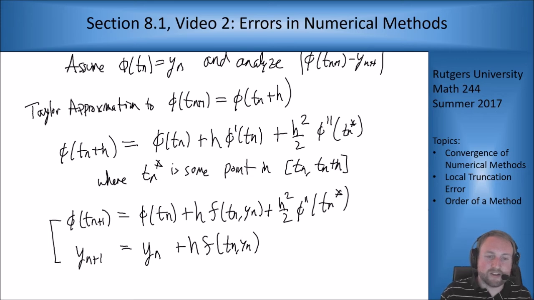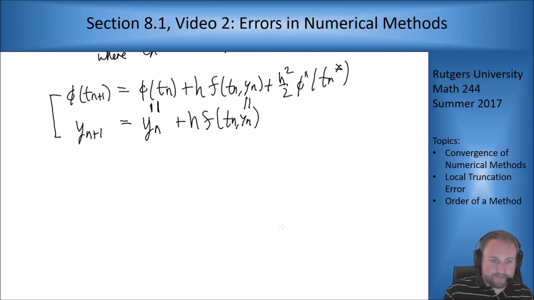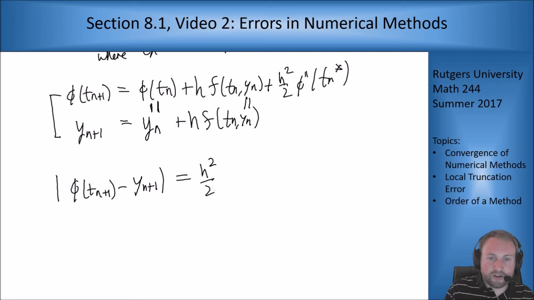Well, I know we assumed phi of Tn was yn, and that also let us make this assumption here. So what this all tells me is that my difference between phi of Tn plus 1 and yn plus 1 is basically h squared over 2 phi double prime of Tn star, which if things are bounded nicely, this